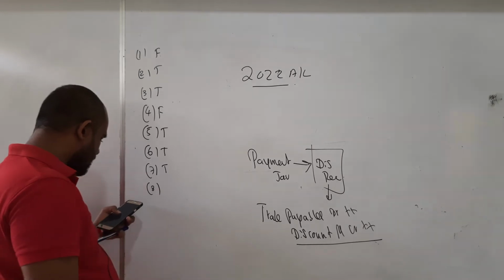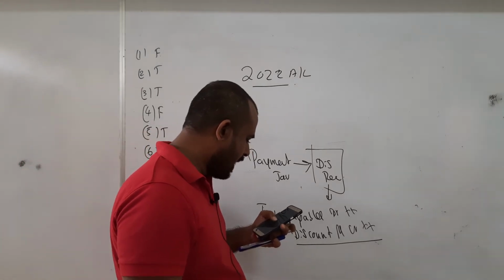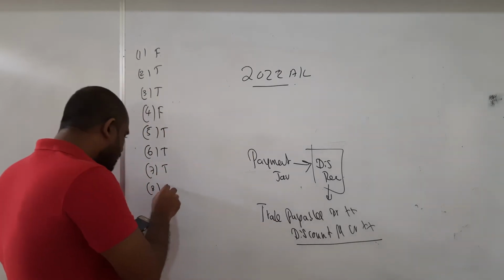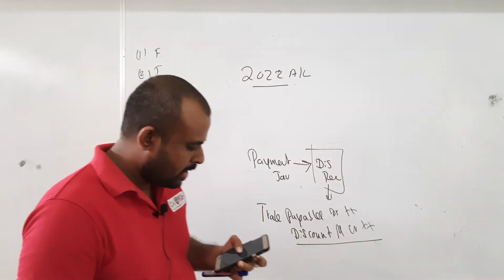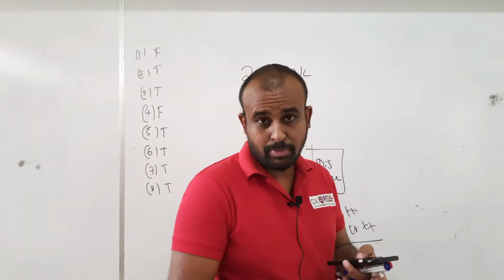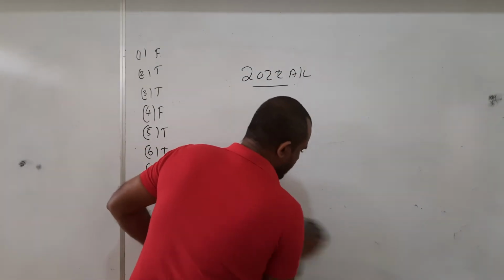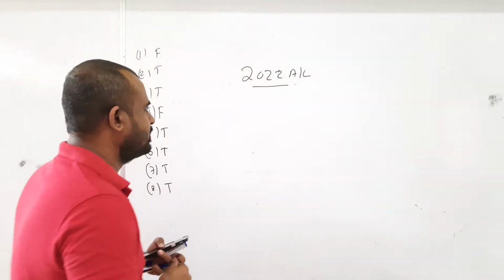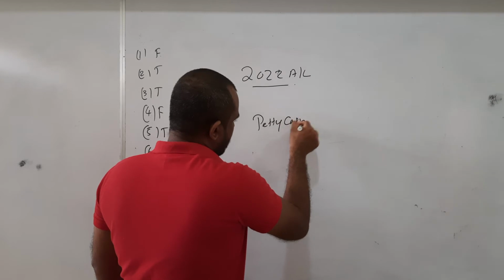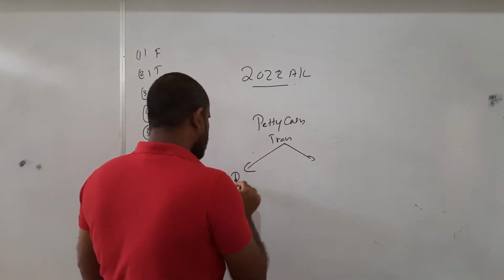Transaction number 8: petty cash payment voucher will be used as a source document in identifying the petty cash payment. Yes, the petty cash payment voucher is a source document in identifying all the petty cash payments, right? You know that the petty cash transactions, which are done by the petty cashier, are mainly two: